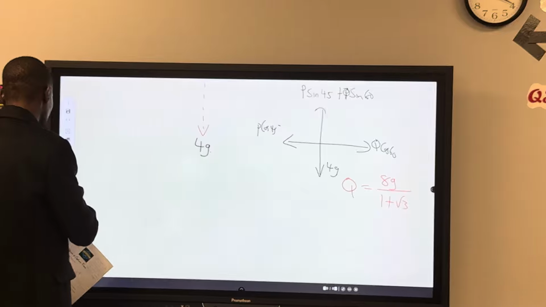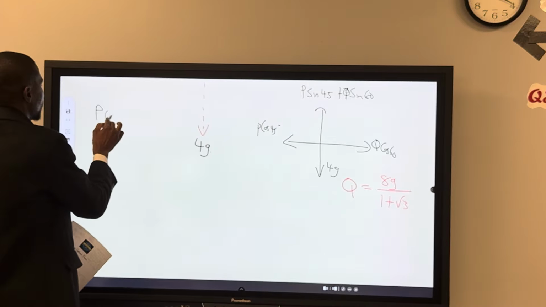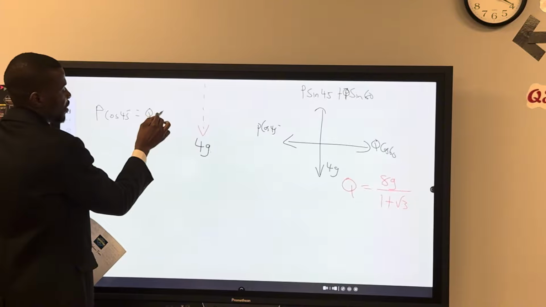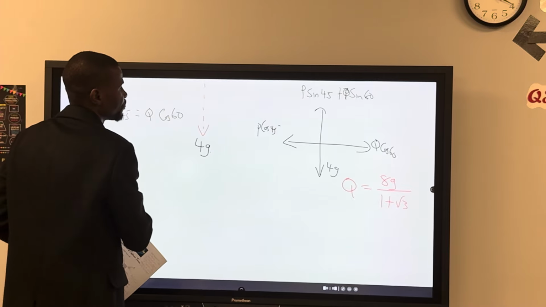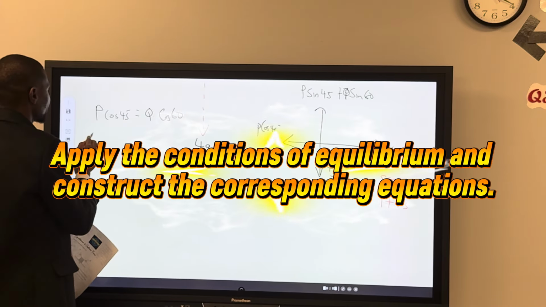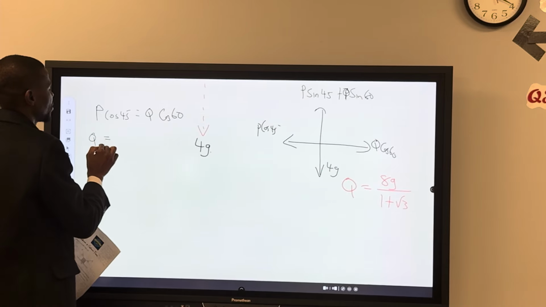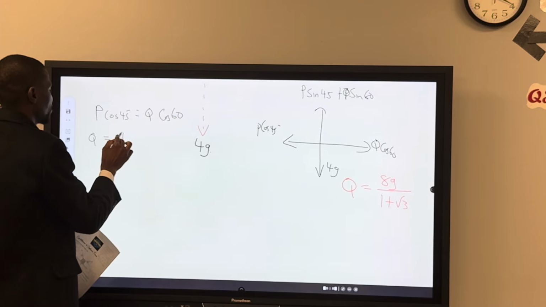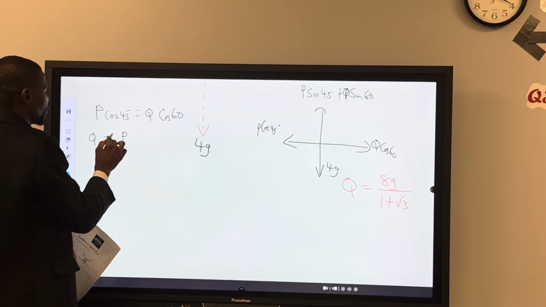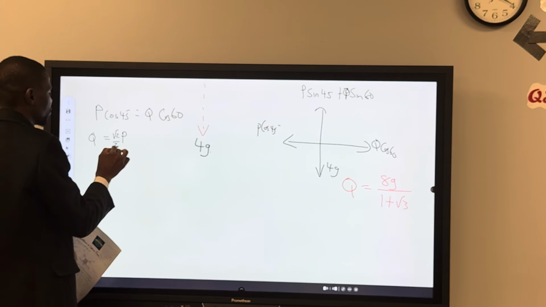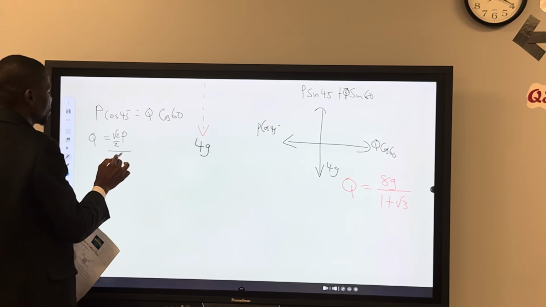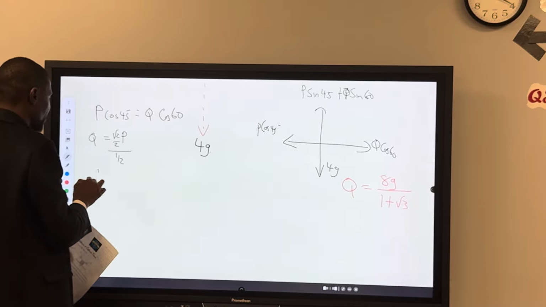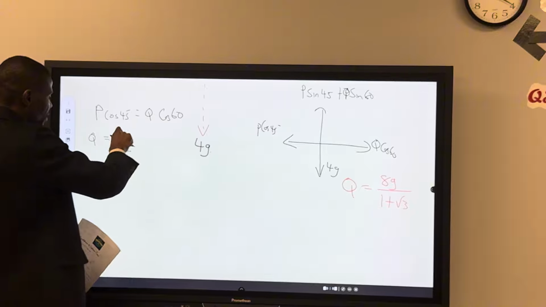So firstly, we are going to say P cos 45 equals Q cos 60, right? So Q is equal to P cos 45, which is root 2 over 2, divided by cos 60, which is 1/2. So if we keep change flip, Q is going to be,